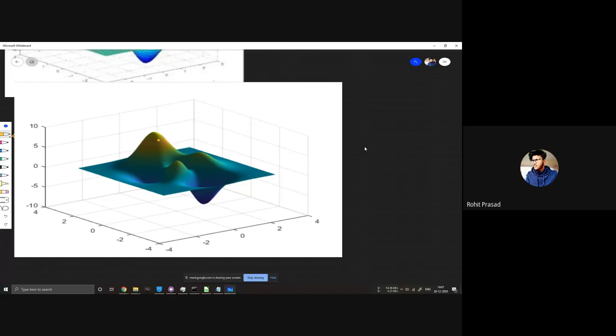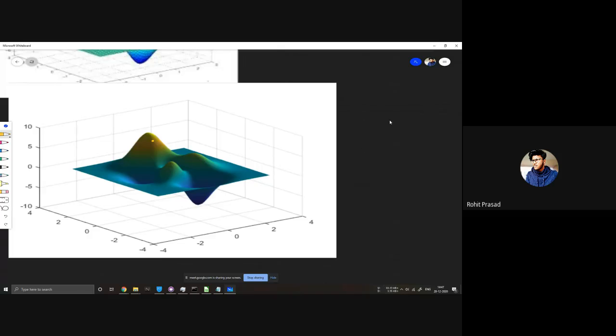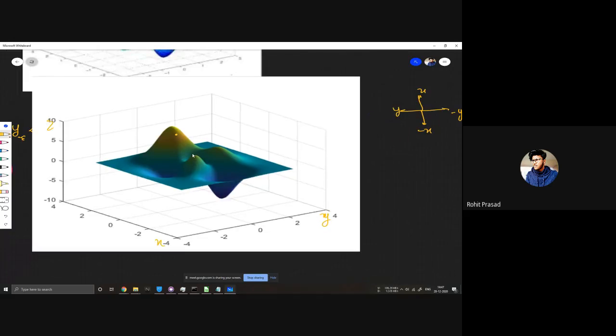But for explanation I will stick with 4 directions: this one, this one, this one, this one. Say this is x, this one is y, and this is z. So I will stick with minus x, x, minus y, y. For understanding, let's stick with only one direction.